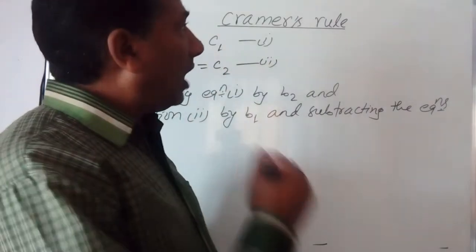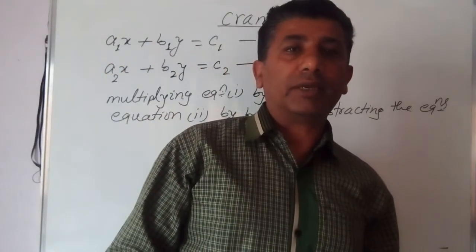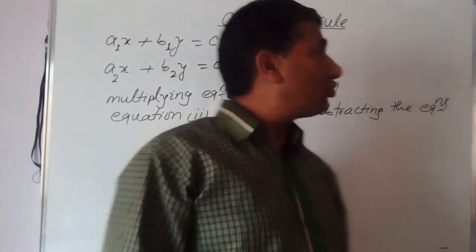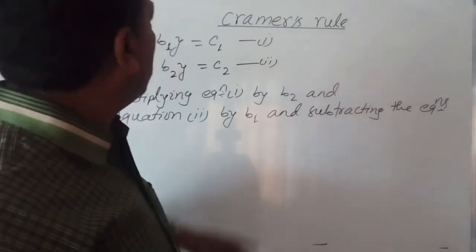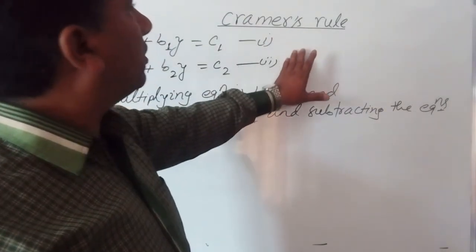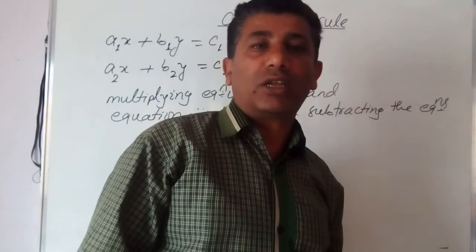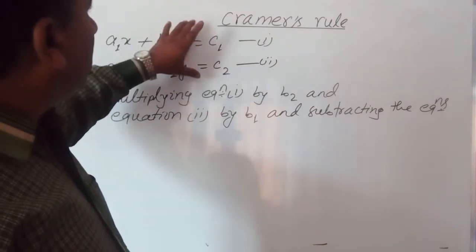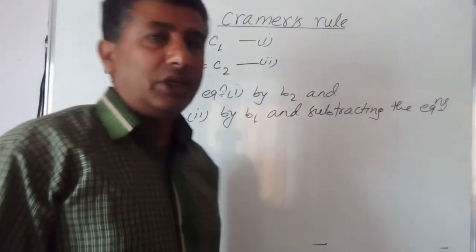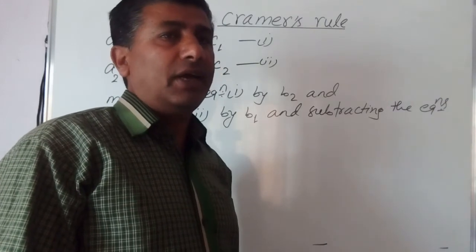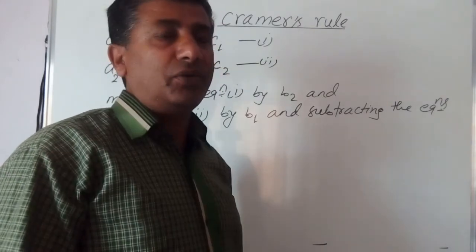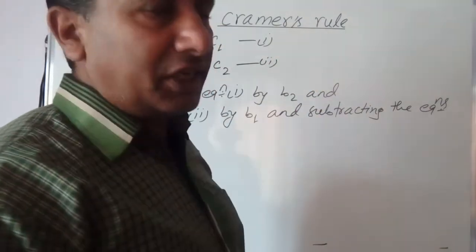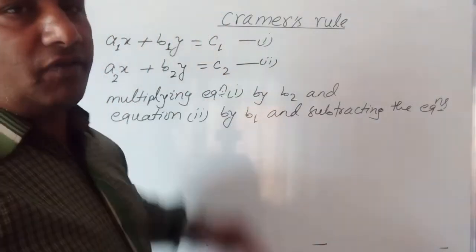I have already explained two other methods, the first one is the elimination method and the second one is the matrix method. I have already completed these two videos. Now this third one I am going to explain, that is Cramer's rule. By this rule also we can solve two linear equations. In this method we use the elimination method, the same, and at last we write the value of x in the form of a determinant. That's why we use determinants to find the value of x and y.